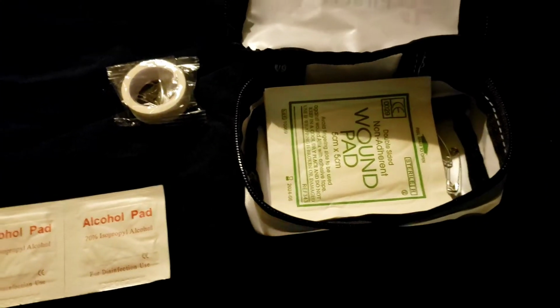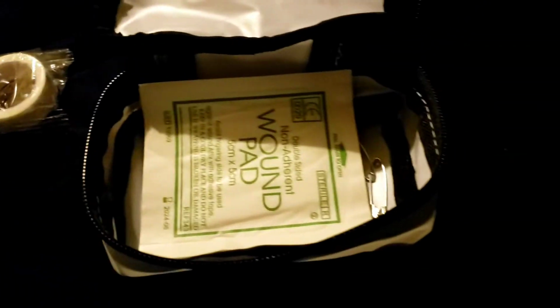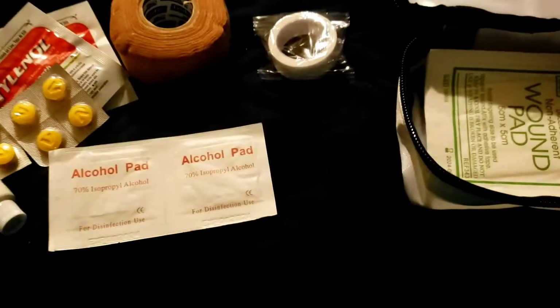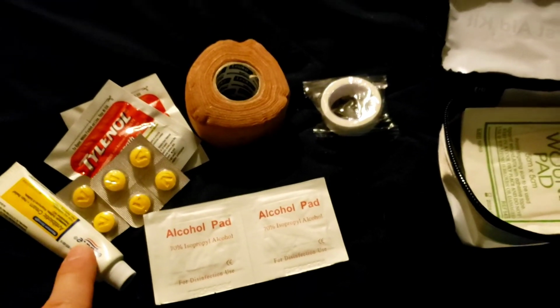I'm going to just drop, whoops, sorry. I'm going to drop those in there. Alright. My Leuko tape, I will not give up. That's going with. One thing I noticed that they did not have in here is the bacitracin, aka Neosporin, aka